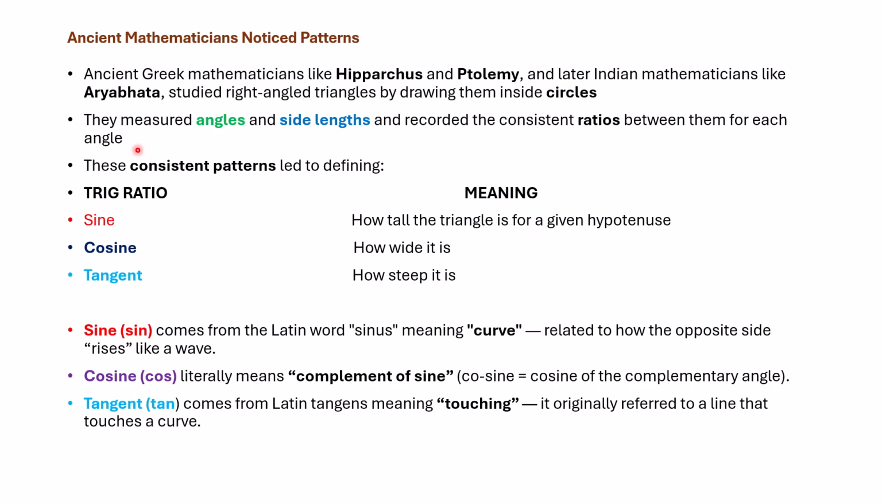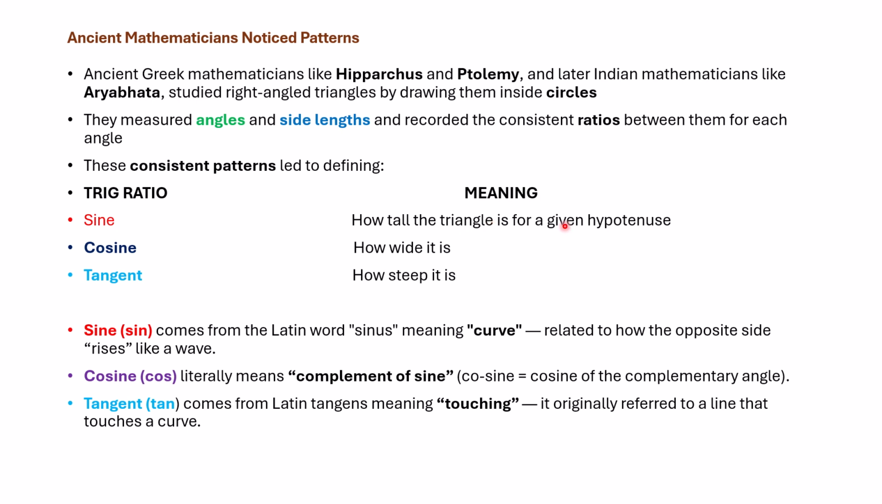So you see what they've done? They measured the angles and the side lengths and worked out the ratio for them over and over. I know it's something you won't do, but yeah, in real maths we have to do this to prove that something is valid. Right? So these constant patterns led to defining my trig ratio, meaning sine in short tells